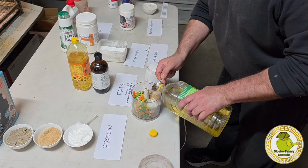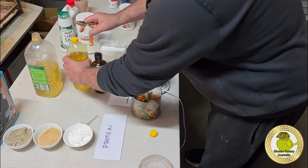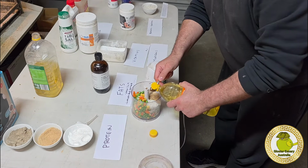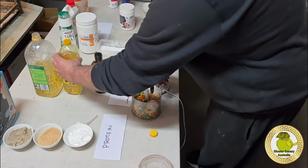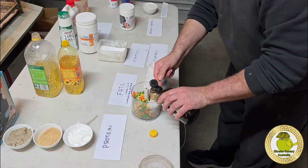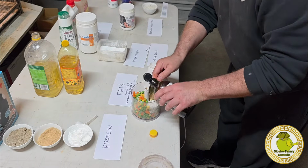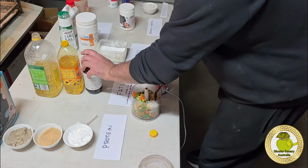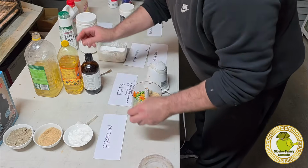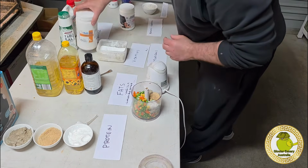So, a teaspoon of canola. A teaspoon of sunflower. And a teaspoon of cod liver oil. So that covers off the fats and also the natural fat soluble vitamins that are essential for birds for health. Now to that I'll also add